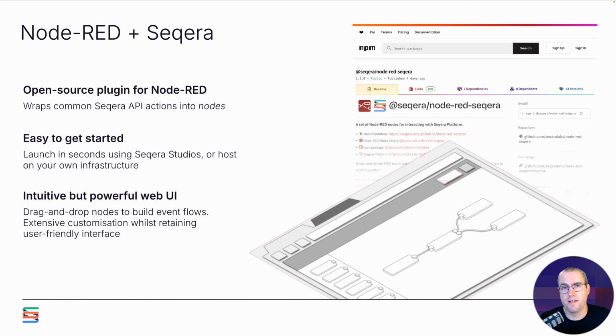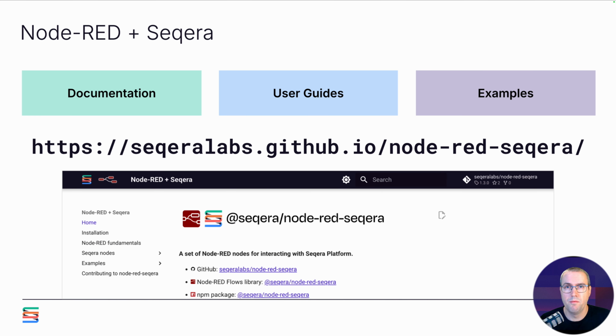The node-red-seqera plugin is itself open source as well. It's on GitHub, and we'd love to have any community contributions. It's super easy to get up and running and started with Node-RED and the plugin. In the next video I'll talk through different ways you can install this, and it's intuitive and hopefully powerful and easy to use. Most important thing for the introduction video, just know that there is a website with loads of documentation